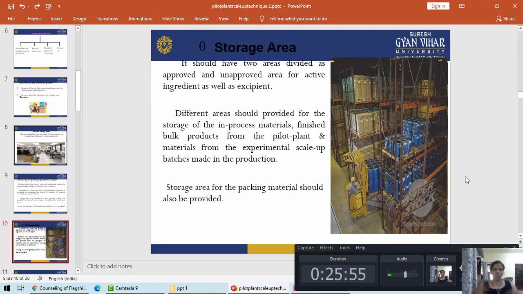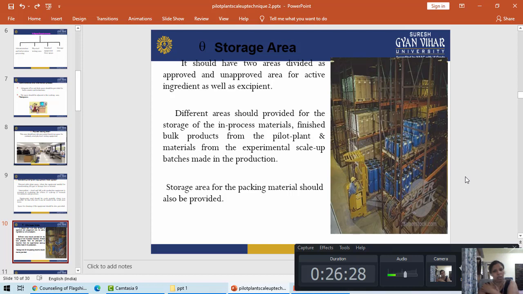So this we have already discussed, for example, in the in process area, we have prepared the granules and we have to punch it, but if another product is running on our punching machine, then we have to keep the granules for some time. So again we require the storage area for this. For the finished product, we have discussed, we have compressed the tablet and its packaging has not been done yet, the packaging material is not available, so we need certain